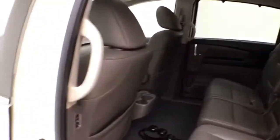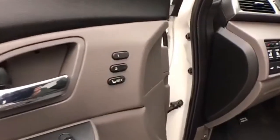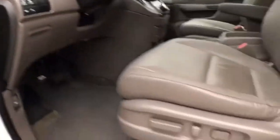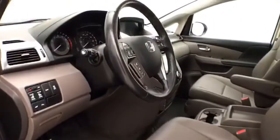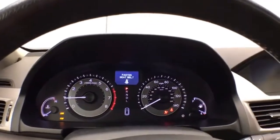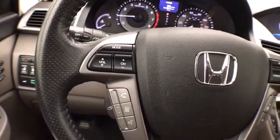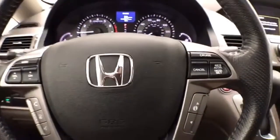Rear heat and air control to make sure everyone's comfortable. This Touring has keyless entry, power windows, locks, mirrors, memory settings for 2 drivers, power seats, along with a tilt and telescopic steering wheel to put you in that perfect driving position, power moonroof. Large, easy to read gauges. Steering wheel mounted audio controls, cruise control,